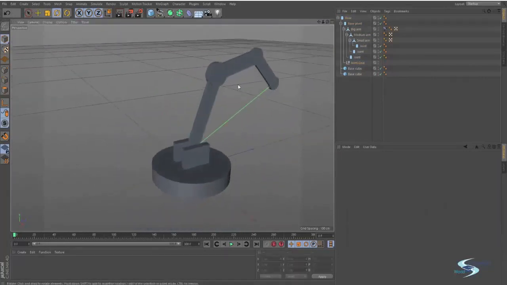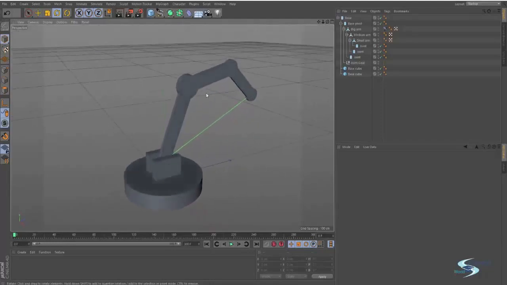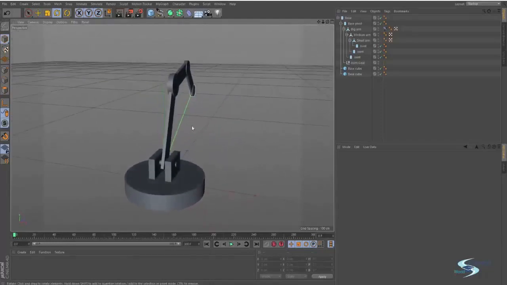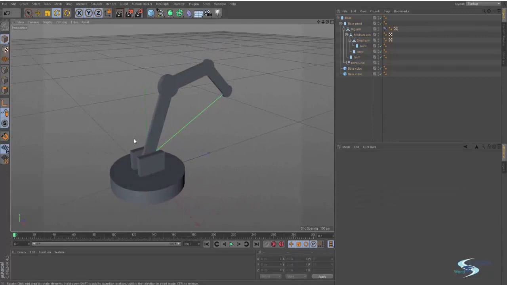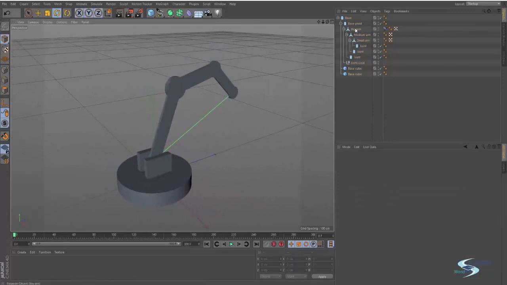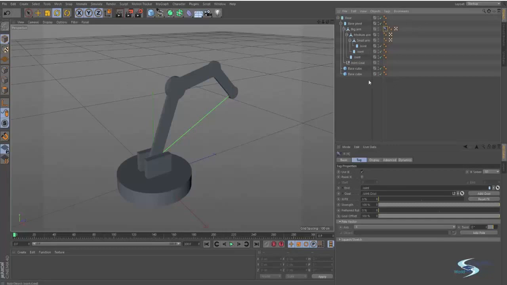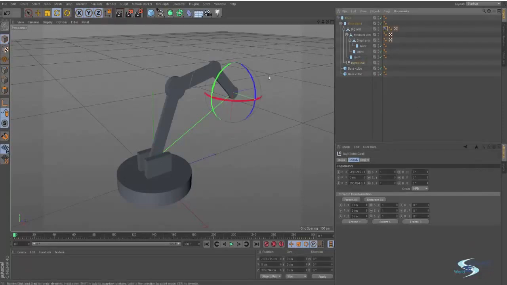So as you guys saw, I was having a few problems with my robotic arm basically leaning over to the side when I was to rotate the base. And some things can help, because this is a little bit fiddly. There are a lot of variables that can change from time to time, but one thing that can help is going into this guy and changing the IK solver. Its default is set to 2D, but if you change it to 3D, this can help you